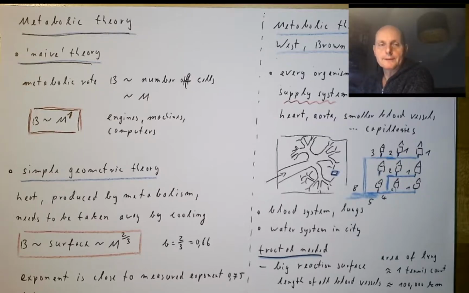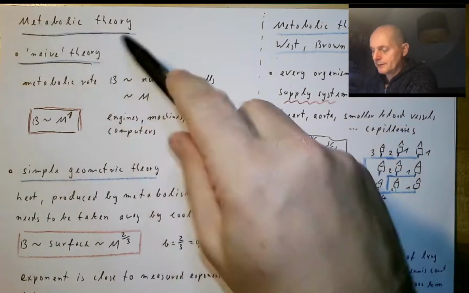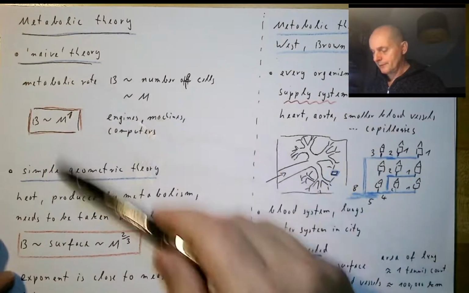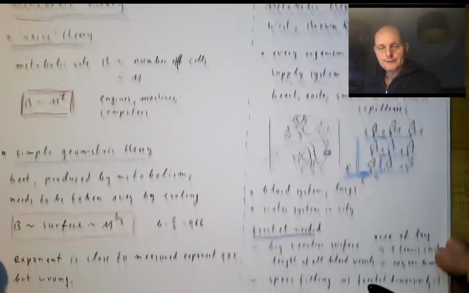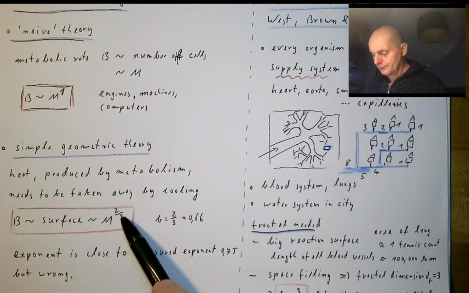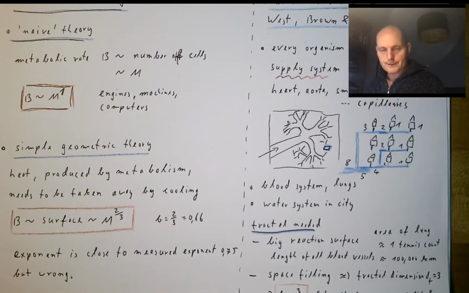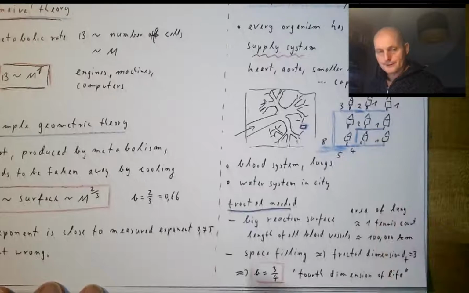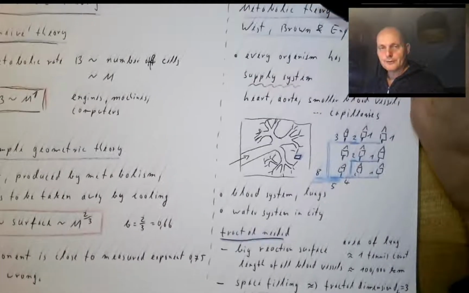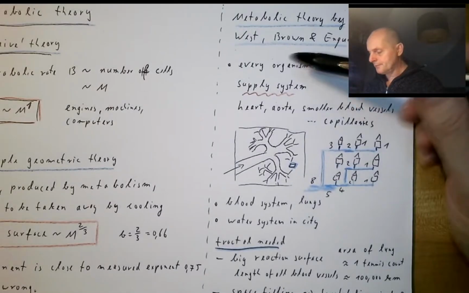So we were looking at metabolic scaling, metabolic theory, and we want to know why the metabolic rate scales with the body mass to a certain exponent. And we looked at some naive and simple geometric theories where we obtained scaling with an exponent, for example, with body mass 2/3. Whereas the real exponent is 3/4, and I introduced you to the theory of West, Brown, and